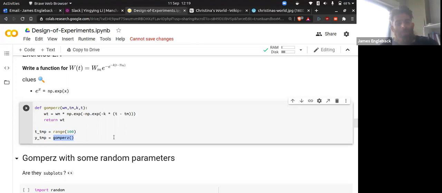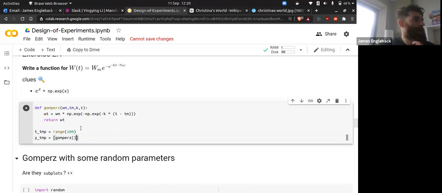So to map the Gompertz function to each item in this range object, I think the easiest way to do that is with a list comprehension. Mapping functions to iterables is easy enough if the function only takes in one variable, but it gets a little bit more difficult when it takes in more than one variable. So for now, we will just go for